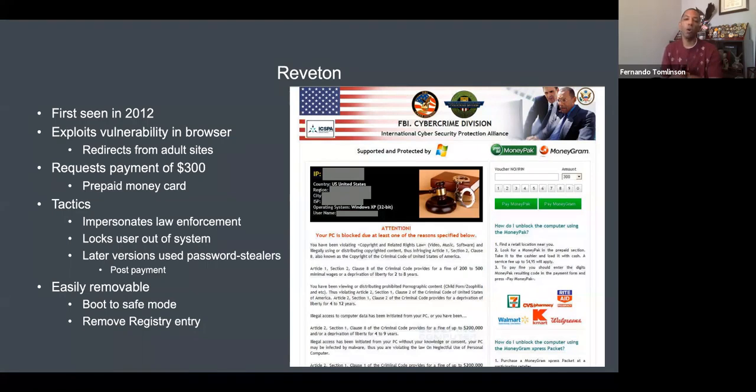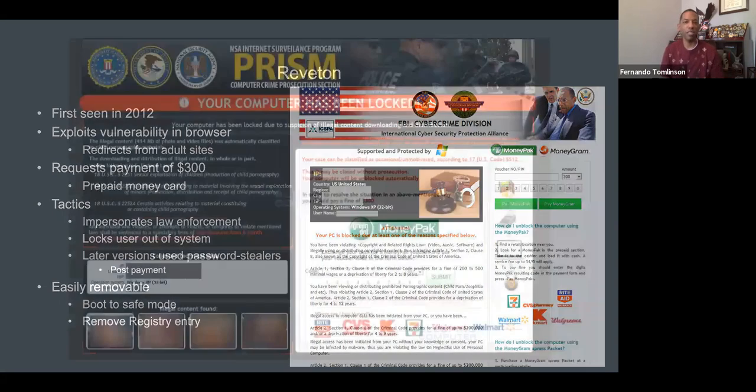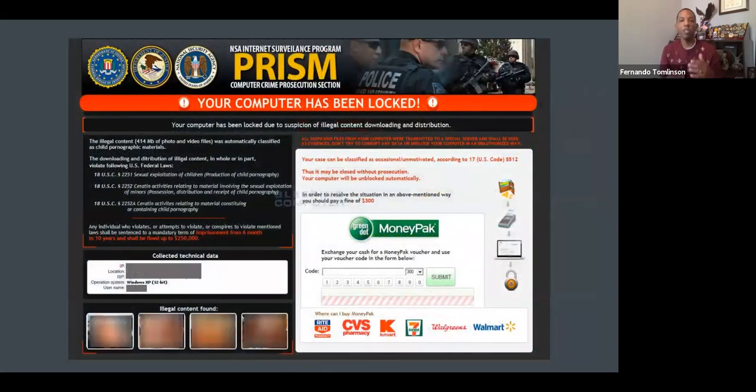Now, this was all easy to remove once you fully understood it. It was simply a registry key that could be removed. But again, when we talk about lockers versus crypto, if you will, this was one of those lockers where we're just trying to prevent you from actually accessing the system. And guess what? There are multiple versions of it. So here's another one, the NSA Internet Surveillance Program, PRISM, if you will. Again, trying to instill fear in the user so they feel inclined to pay